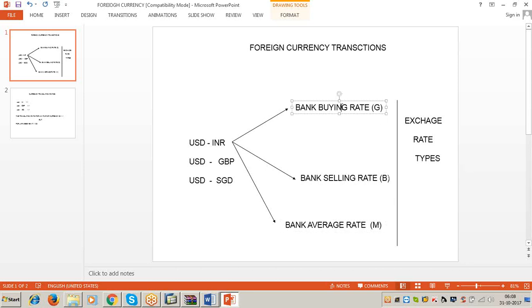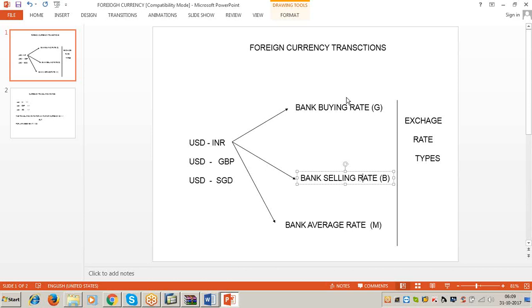Here the bank buying rate and bank selling rate will be changing every day, for that matter every minute, due to the mechanism of supply and demand factors, due to fluctuations in the supply and demand of respective currencies. Here we are not concerned with the mechanism of fluctuations in the foreign currency rates. Our concern is at what rate the foreign currency business transaction is to be converted into company code local currency, whether at the bank buying rate or bank selling rate or average rate. That is our concern as an FI consultant in this regard.